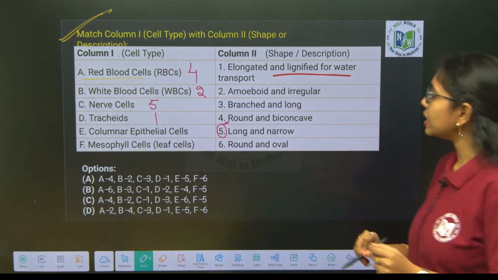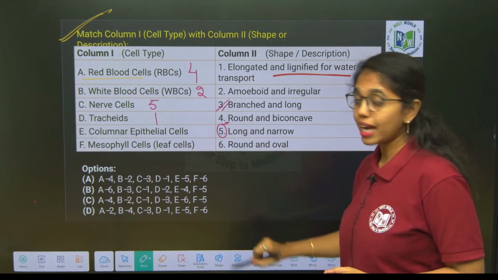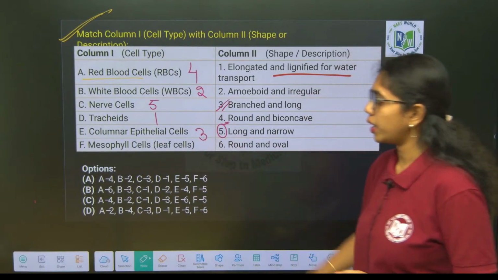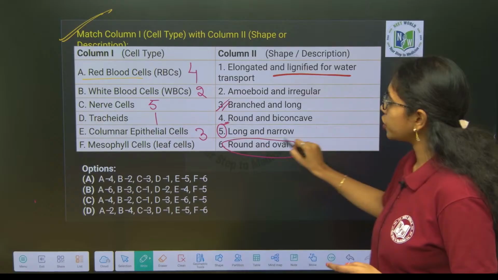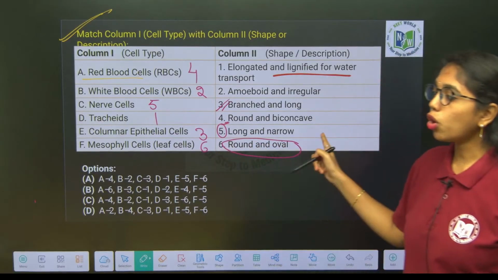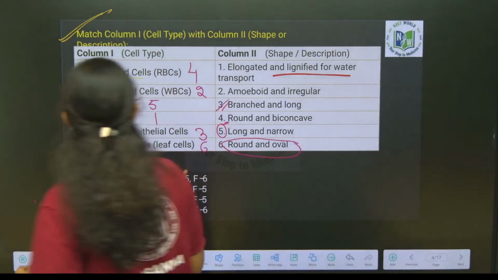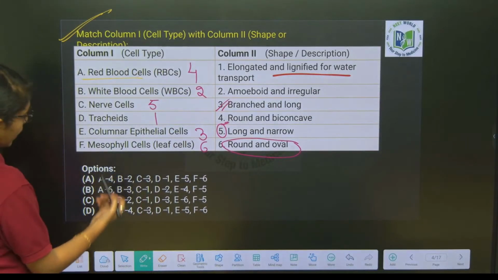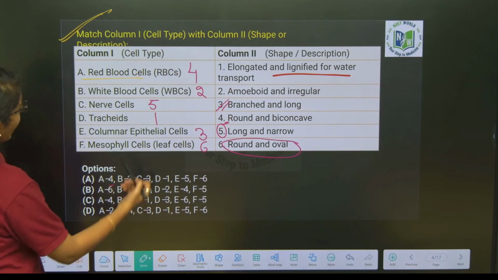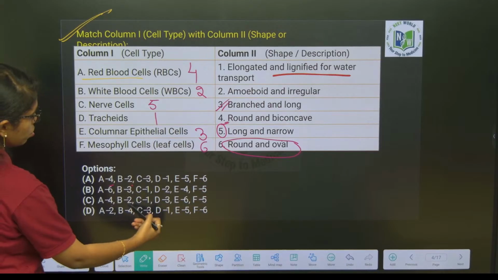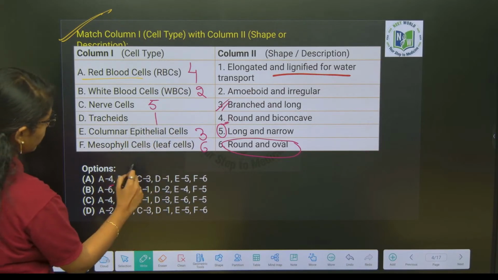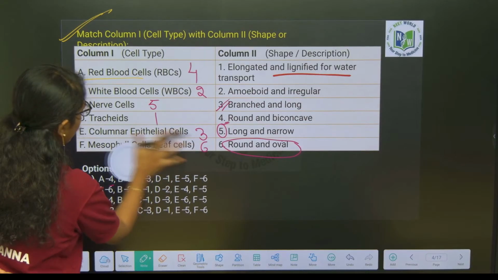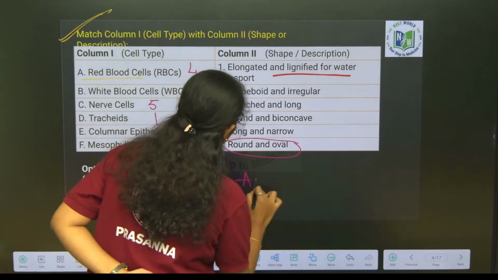Columnar epithelial cells, again they are branched and long. Option 3 over here. Mesophyll cells, they are round and oval in shape. This will be option 6. Now correlate the options and identify the correct option, beta. A will be 4 and B is 2, C will be 5, so it is not given over here. C is 5, I will write here, A is 4,